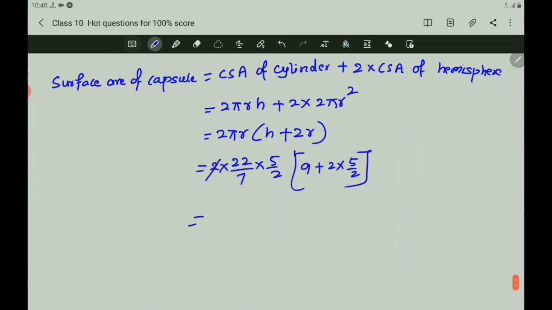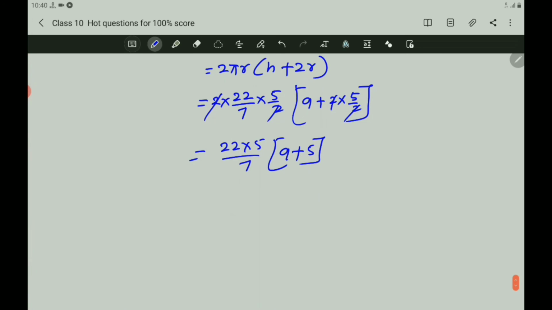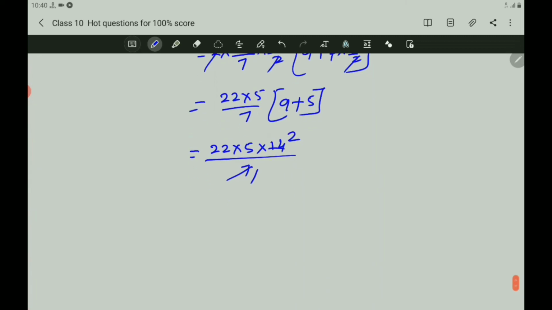Then 2 cancels: 22 into 5 by 7 into 9 plus 5. The sum of 9 and 5 is 14 by 7. 7 ones are 7, 7 twos are 14. Then you will get 22 into 5 into 2. 5 into 2 is 10. Then 22 into 10 is